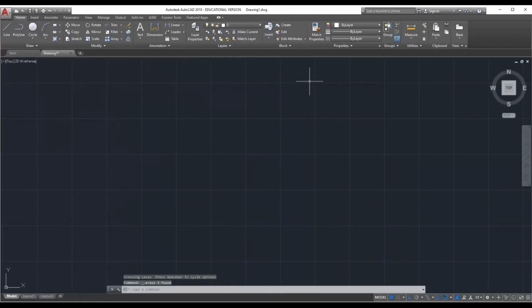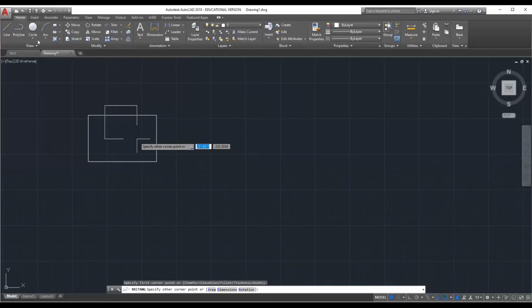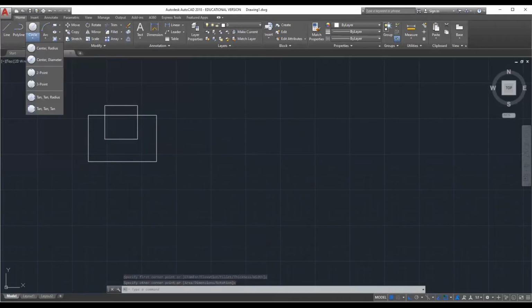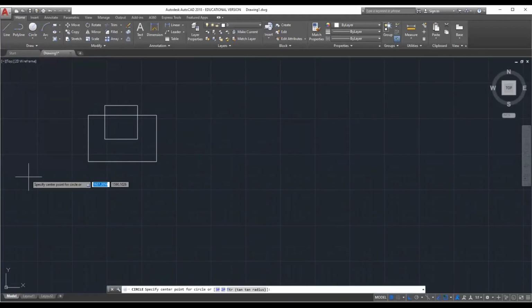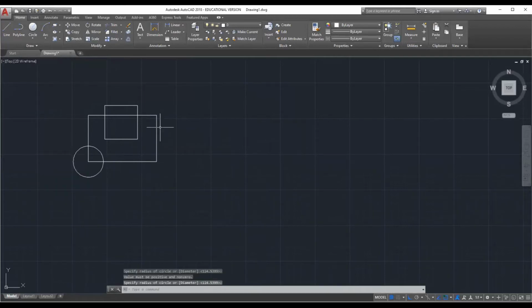Now we will check one more radio button. B enter or create a block.